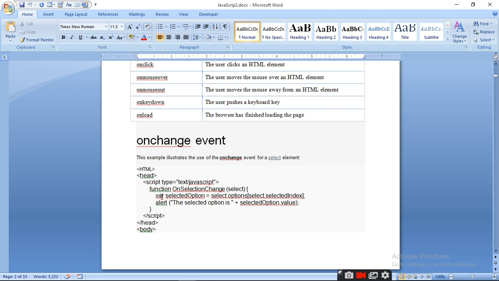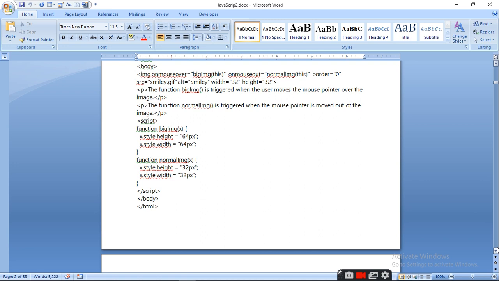I have taken a variable selectedOption and am getting the selected option index in it, and then when we say the selected option is, it will give the value which we have selected from the option.